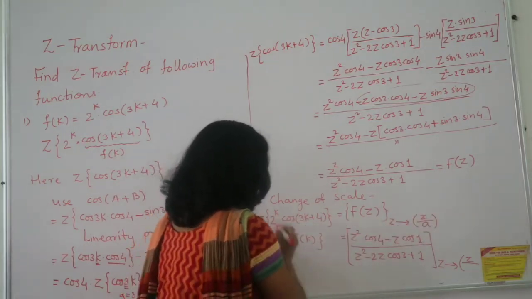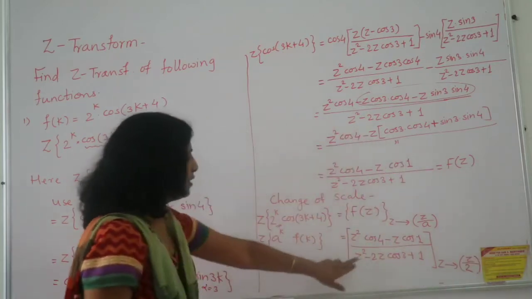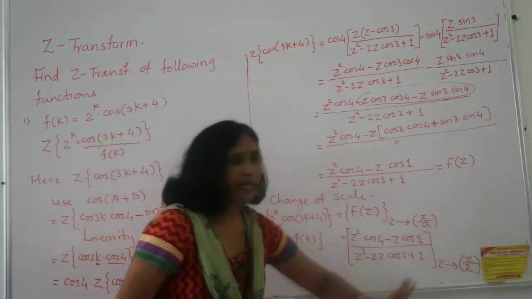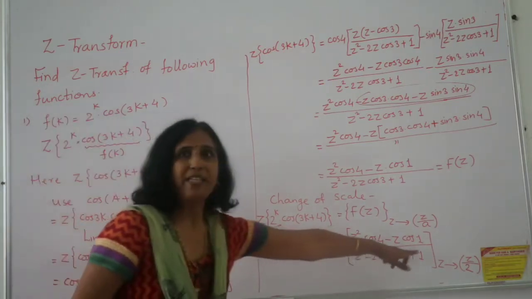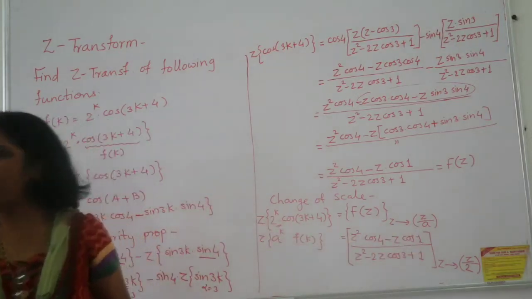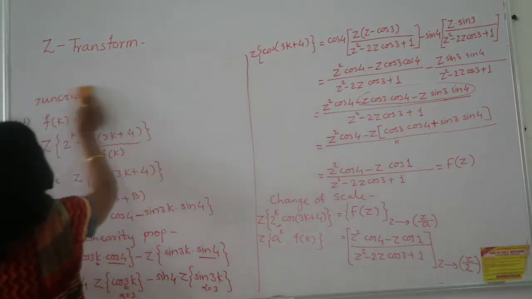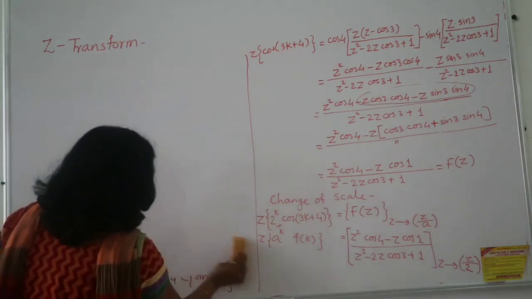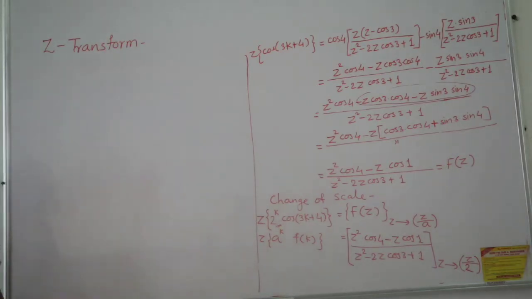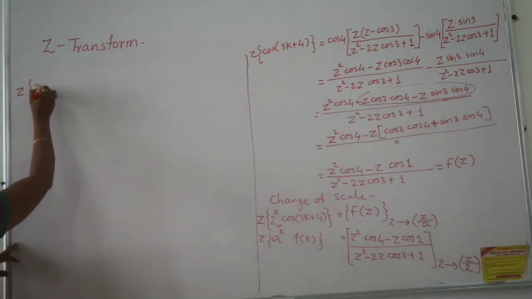So what is a for me here? It is 2. So what I have to do finally is, wherever there is z, replace it by z upon 2. Let me remove this part and continue with the remaining calculation. Let us do the final application, and get to my final answer.